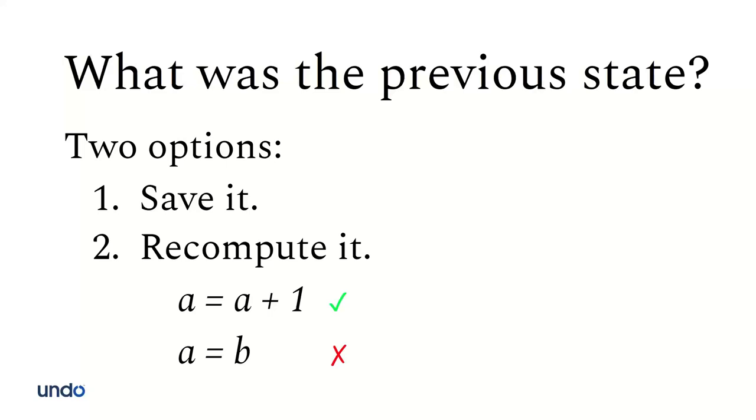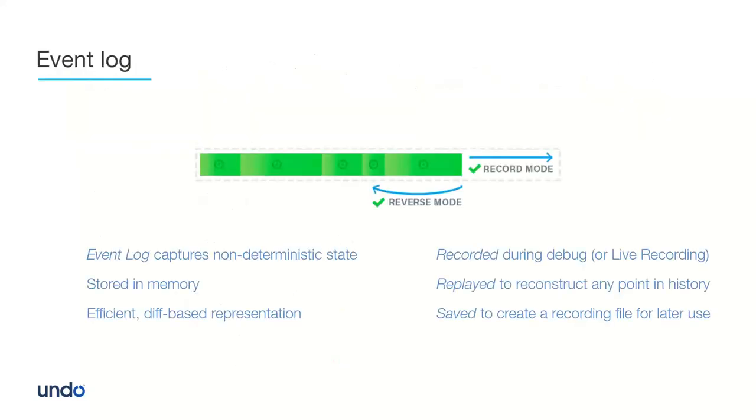But there is another way to recompute it, which is that we can do a combination of the two, and we can re-execute the program. So in that little demo, when I'm going back a line, what's actually happening under the hood is it's going back to a snapshot and playing it forward to just before where I was, and all the state gets updated. That works because computers are mostly deterministic things. If I rerun a program multiple times, give it the same starting state and feed it the same set of inputs as it runs, it's going to do the same thing. So I can exploit that, and that's what the technology does.